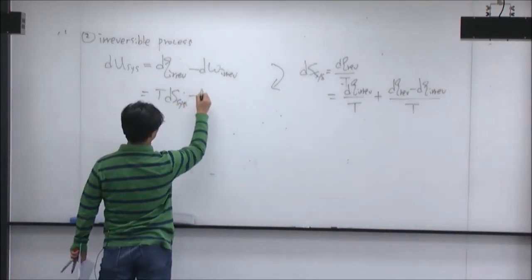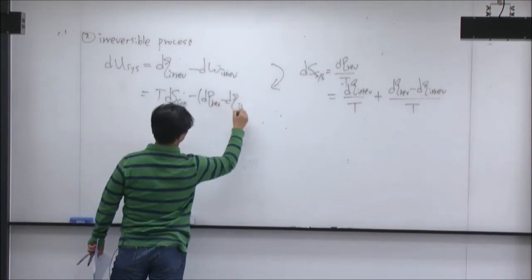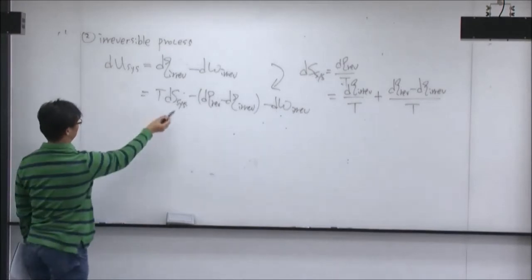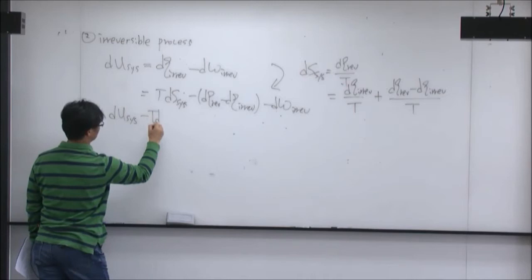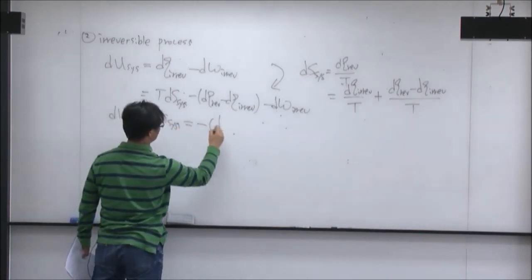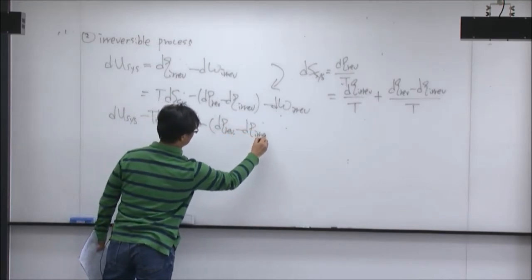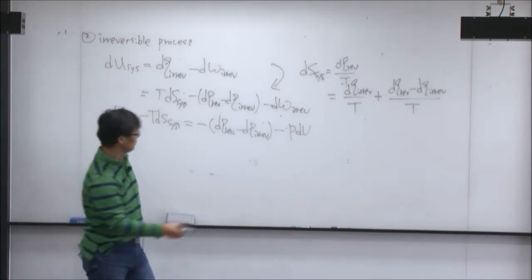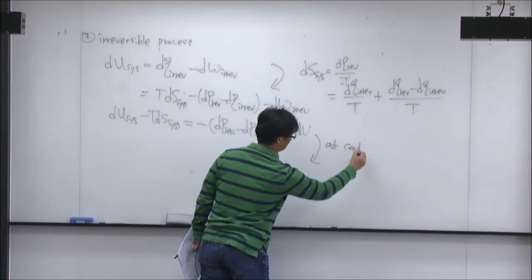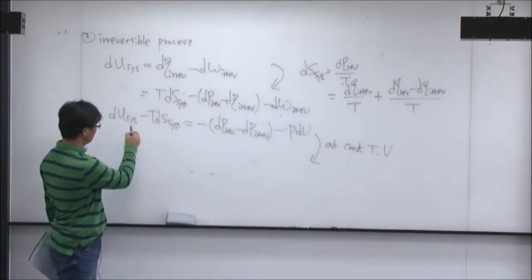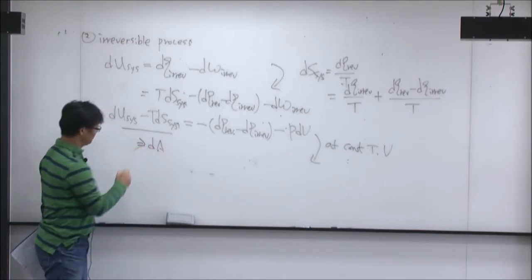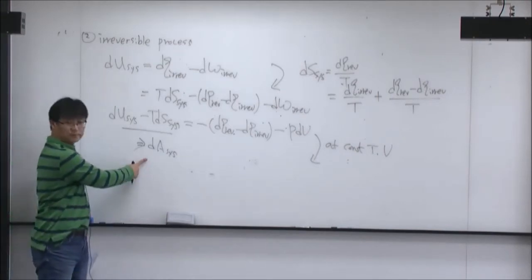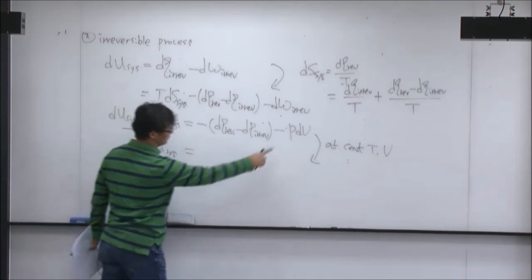System minus, is it okay? So I'm moving this one again. Or dV, whether reversible work or irreversible work, anyway, it's PdV. Okay? And now, constant temperature and V condition, so we can replace this one again as dA of system. So this is exactly the same as dA of system here, yeah? Equal to, this is 0, so minus